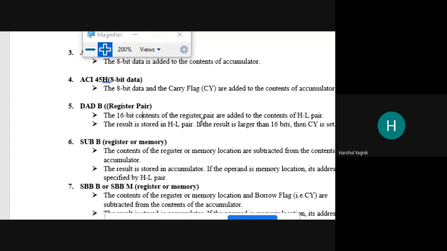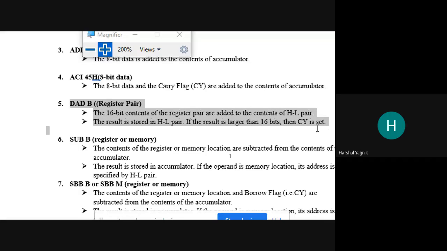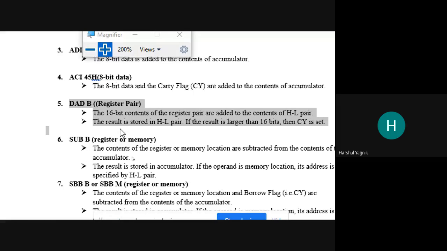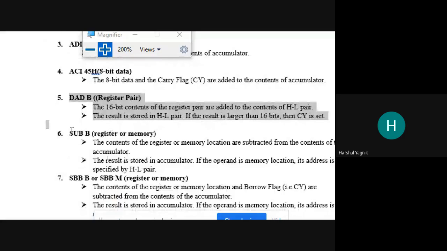So here, the accumulator is not used for this instruction. Rather, the HL register pair is used to perform the addition operation, but 16-bit addition. Okay.